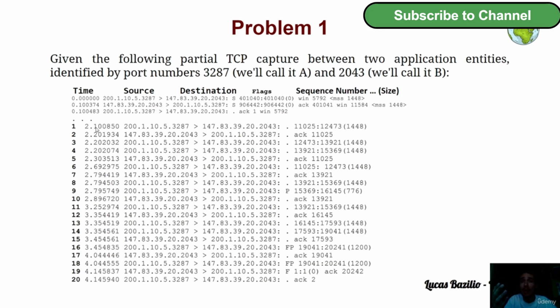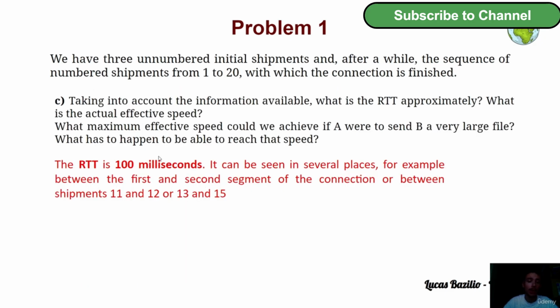Now, if the capture was being made in the application B, in the server, then the big time difference would be between the second segment and the third segment. Between the first one and the second, we would have a very little difference. But this is not the case. We are making the capture in the application A, in the client. That's why the big difference is between the first segment and the second, and hence the round trip time is this difference. So here, the round trip time is about 100